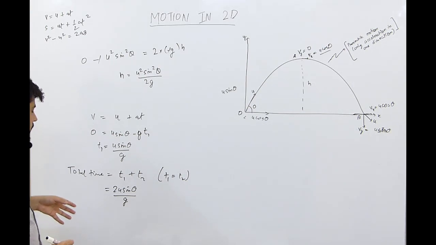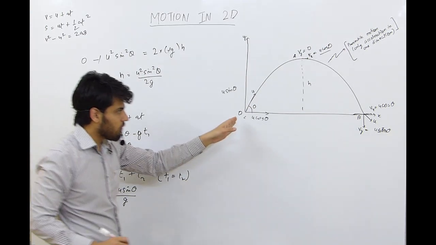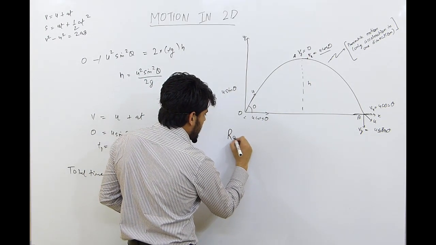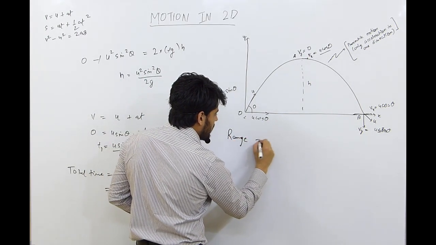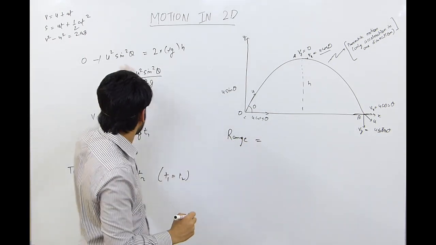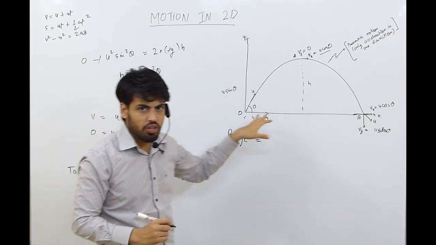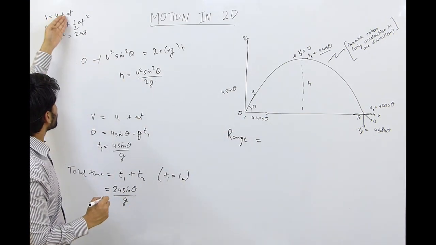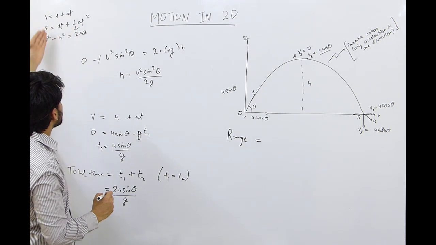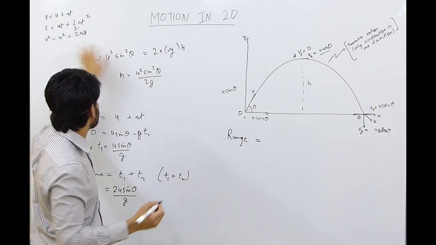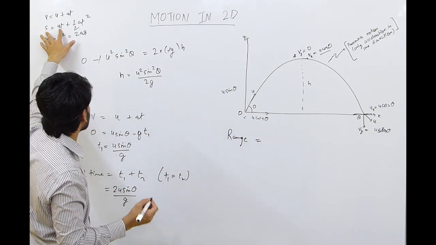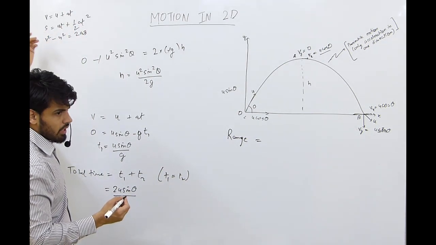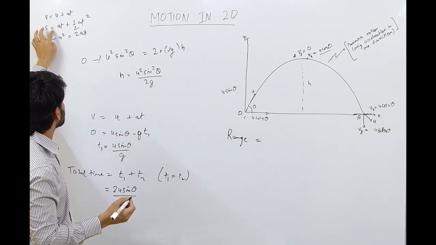Now if you want to calculate the range, we will represent range as R. Range is equal to, here we cannot use this formula because there is no acceleration in this direction. Or you can also use it, but if you put A equal to 0, then it resolves into distance is equal to speed into time. Suppose you use the second equation: if acceleration is 0, this equation transforms into the normal formula, that is, distance is equal to speed into time.